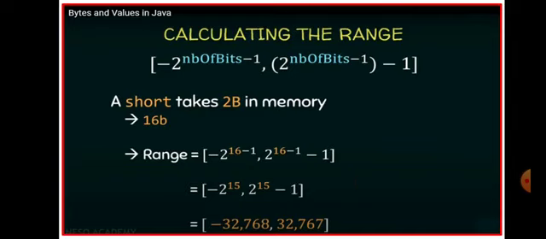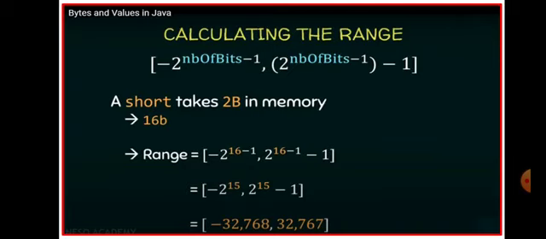And when you calculate this, the range is -32,768, that is the lower range, comma 32,767 is the higher range. Always remember, range has the lower side and it also has the upper side. This is very important, children. This formula you have to keep in mind. When you keep it in mind, you don't have to learn this by heart. You can easily substitute the values in the formula.